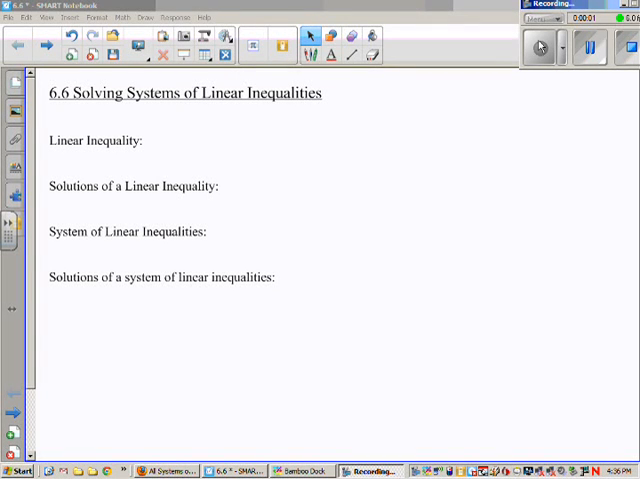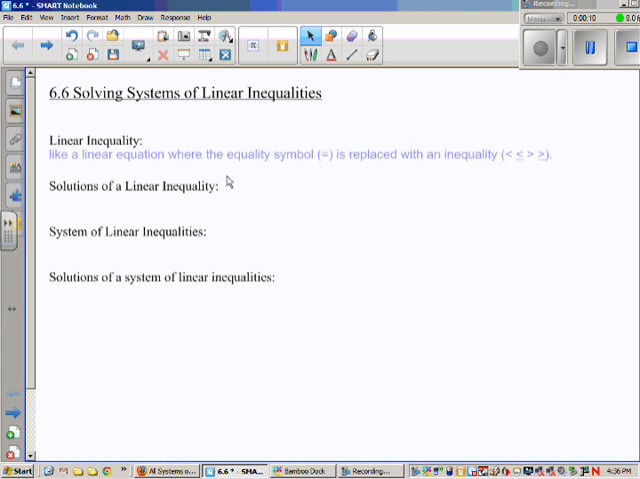Hello and welcome to our lesson on 6.6, solving systems of linear inequalities. We'll start with the definitions. Linear inequality, you've already seen this, but we'll go over it again. It's like a linear equation where the equality symbol is replaced with an inequality like less than or equal, greater